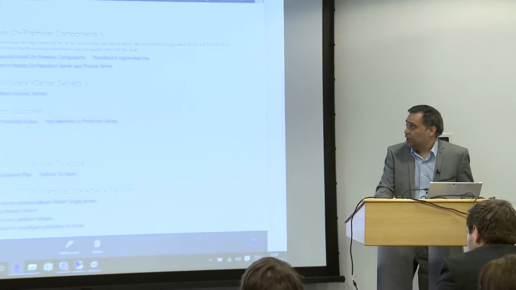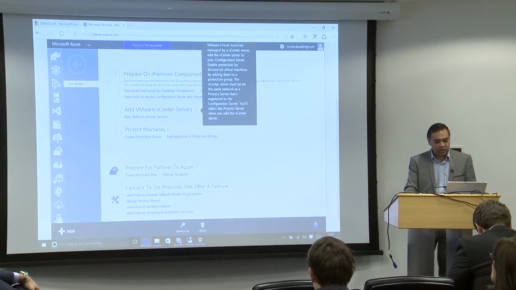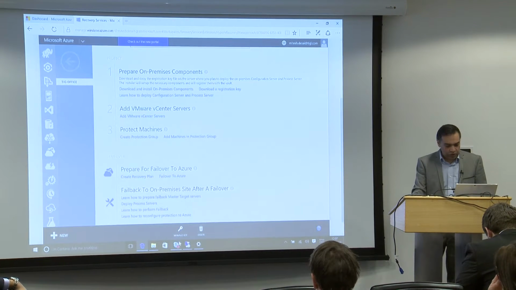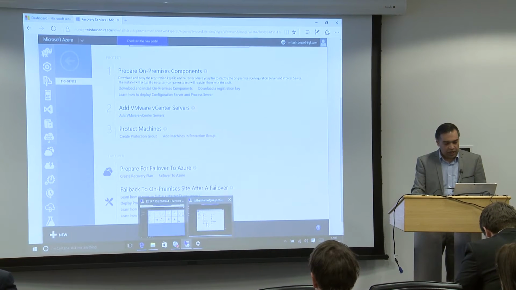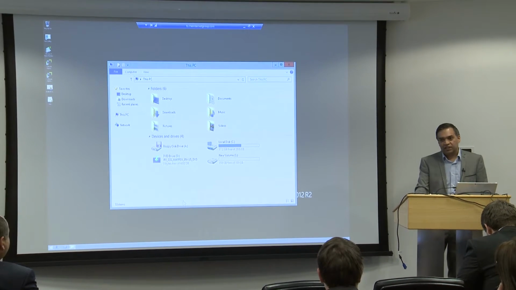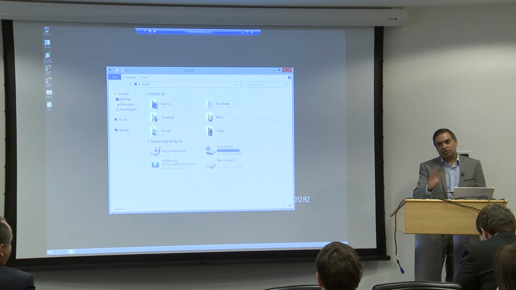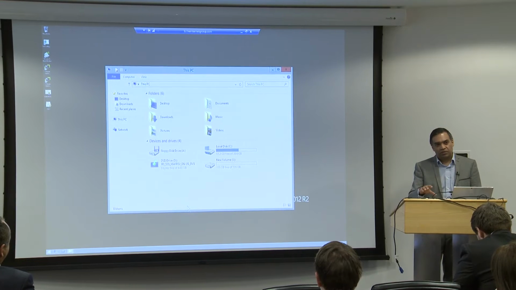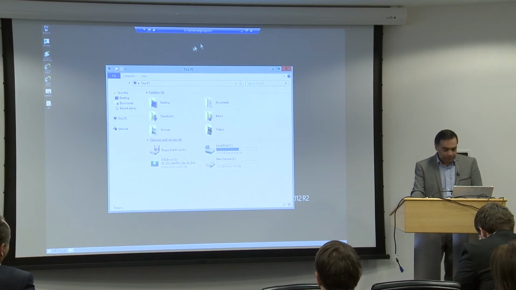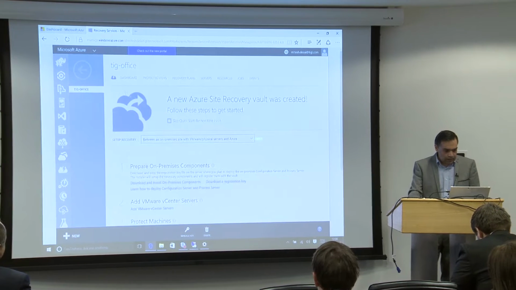It's got the options to download depending on what you're protecting over here, and it's a unified application that you download and install onto your on-prem server. Once it's installed, it will ask you for some authentication on how to connect to your vCenter, and that's how it marries the two up and is able to search for VMs within the vCenter when you want to add them into protection groups. So just to flip back.